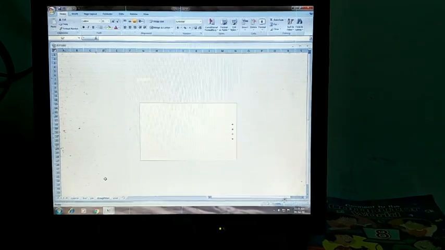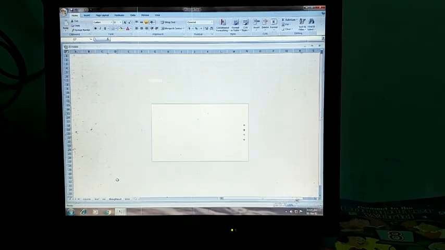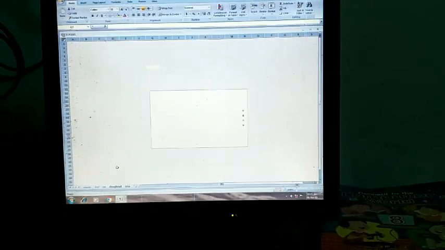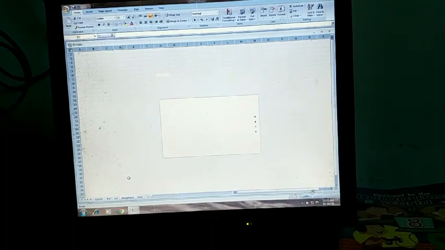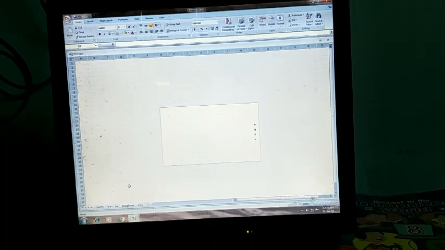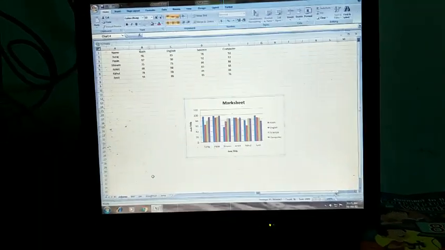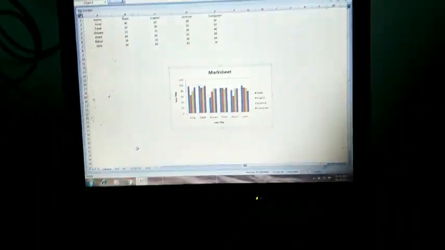So in this way you can make a grouping of worksheets, and after that you can give the same command to all worksheets. Okay, so that is the last topic of your chapter.